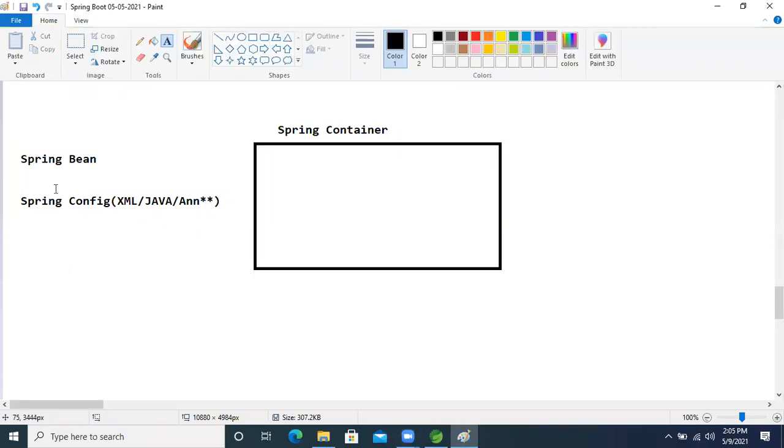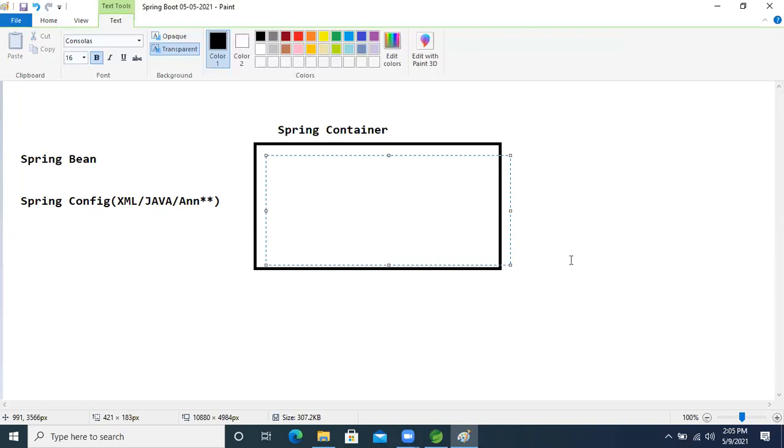Then by taking this bean, what is the Spring container's responsibility? Creating the object. By taking this bean, the Spring container will first create the object of our bean.